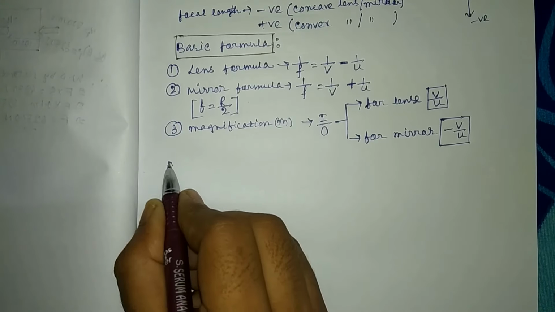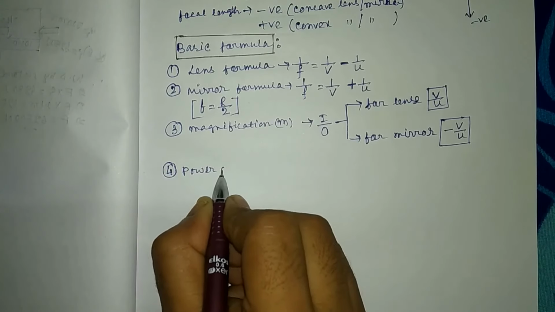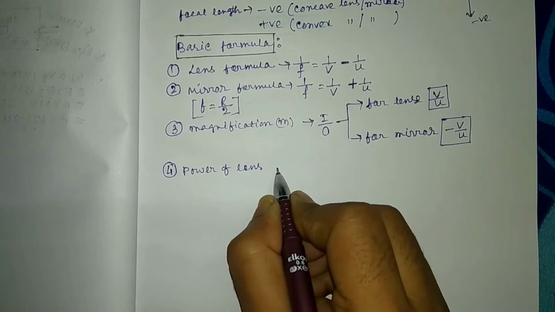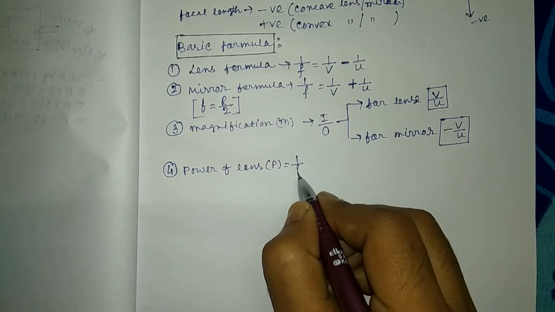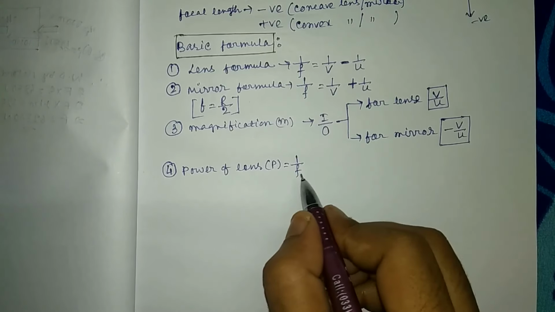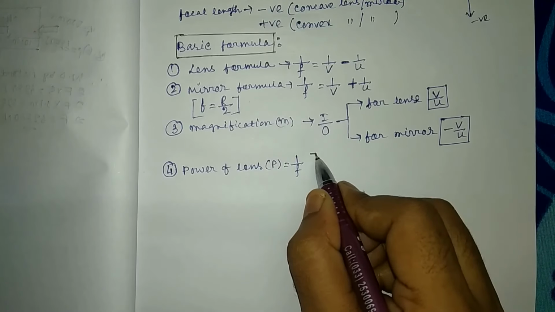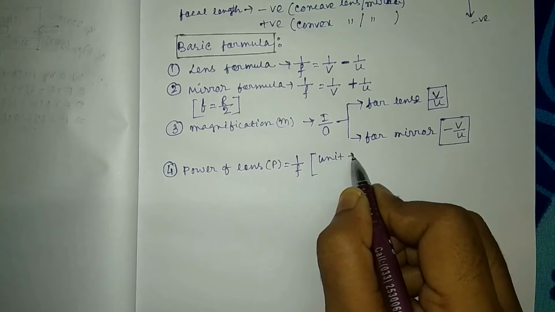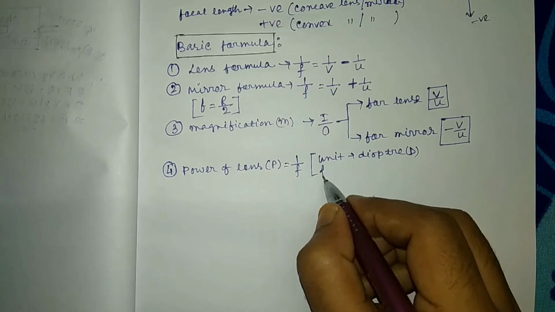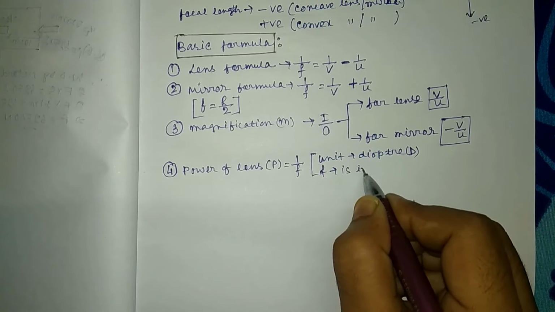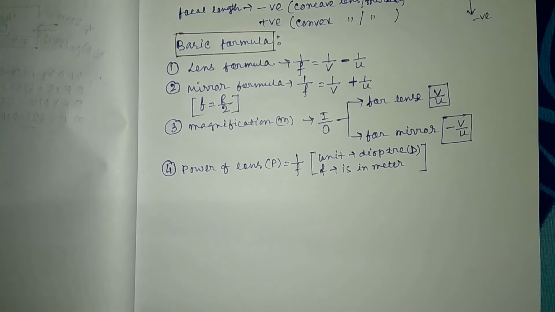Number 4, power of lens. P equals 1 by f, where f should be in meter and the unit is diopter. Okay, unit diopter, and f is in meter. Okay,